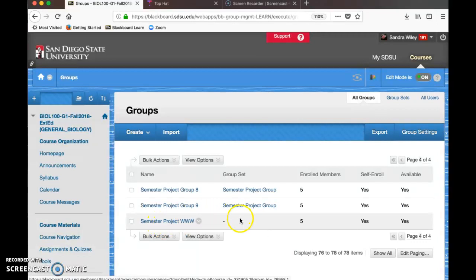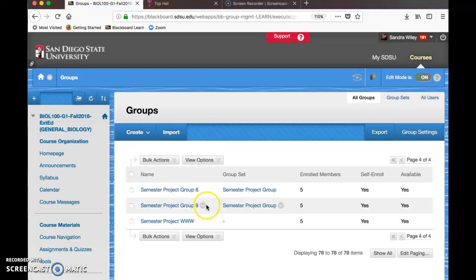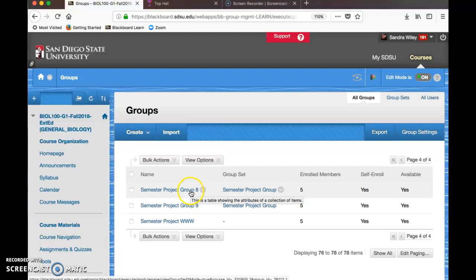So if you were in one of these groups that you guys freestyled and set up yourself, I sent out an announcement that you might have accidentally been put into another semester group project or semester project group because I didn't know you were in one of these other groups. And if that's the case, please message me because we only want you in one of the groups for the semester project. I hope that clears things up for you a little bit on the whole group for the projects because you need to